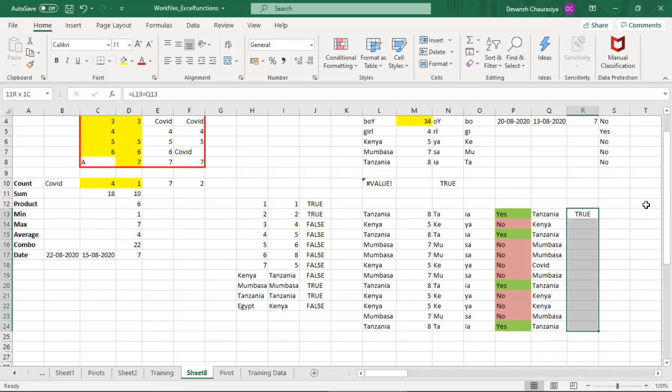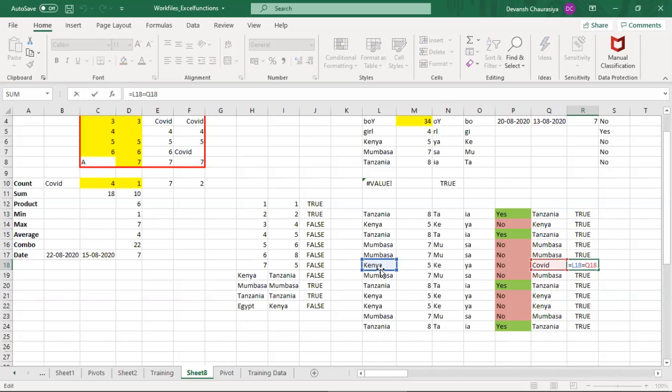Let me drag it down. So I have true, true, true, true, true. This is false because L18 is not equal to Q18. Okay,